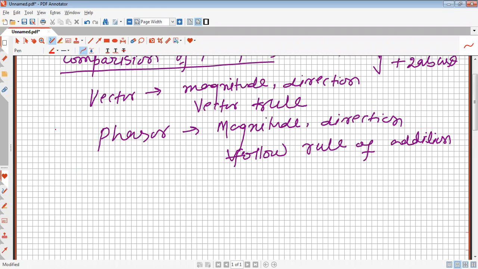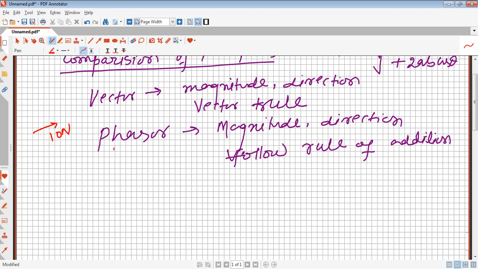Here we see a vector. Suppose it is a force of 10 Newton, and it is a line in this direction. So its magnitude will be 10 Newton. If time passes, suppose I am seeing it at 10 a.m., it is 10 Newton. After 11, it will also be 10 Newton. Its magnitude is not changing with respect to time in a vector.